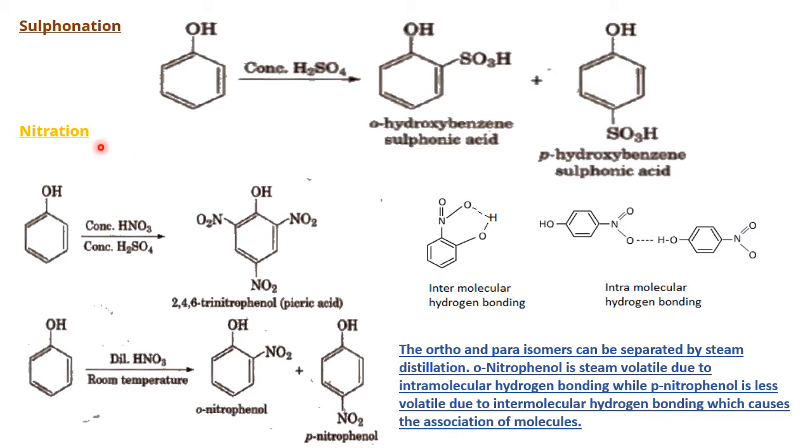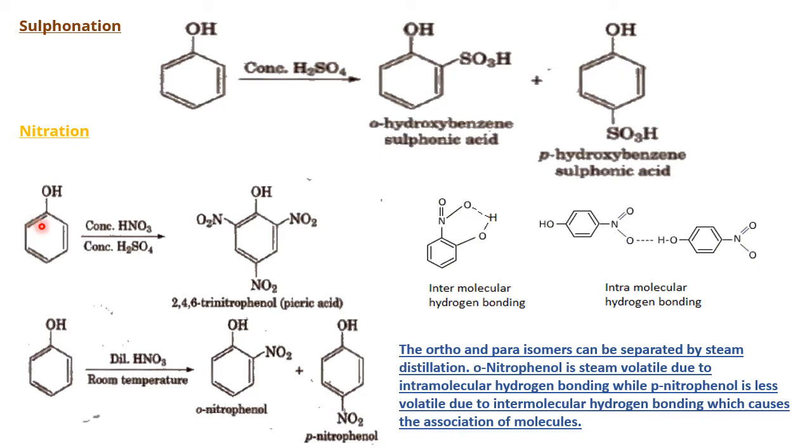Now the third ES reaction is nitration in the presence of conc HNO3 and conc H2SO4. The mechanism was already explained in the previous session and also in our 11th class, where conc H2SO4 is a strong acid and conc HNO3 is also an acid, but in this combination H2SO4 plays the role of an acid and HNO3 plays the role of a base. Please see the mechanism part. Generation of an electrophile, attack of the electrophile, then removal of a proton from the point where the electrophile is attacked, and ultimately we get the desired product.